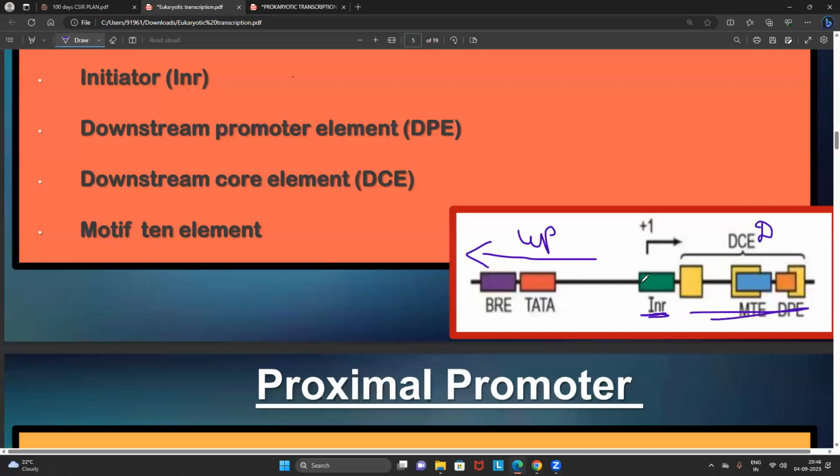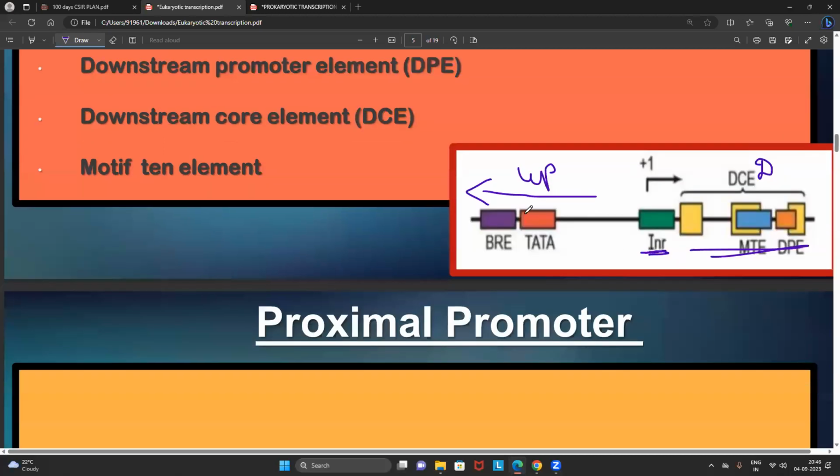You can see that. I don't encourage any one of you to remember the sequences. I encourage all of you to remember the names, that's all. From the INR towards the left-hand direction, there are 2 promoters. One is called TATA box. Another one is called BRE promoter. I want you to remember the short names all the time. You won't get the question from the full forms. Now, on the downstream or towards the right-hand side, you can see, right, friends, there are 3 promoters present.